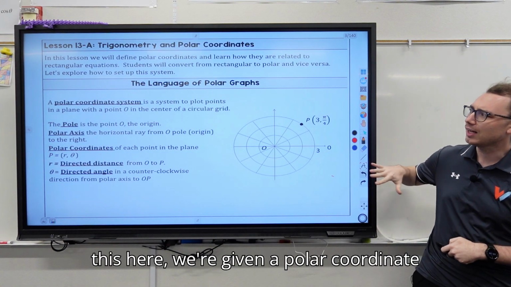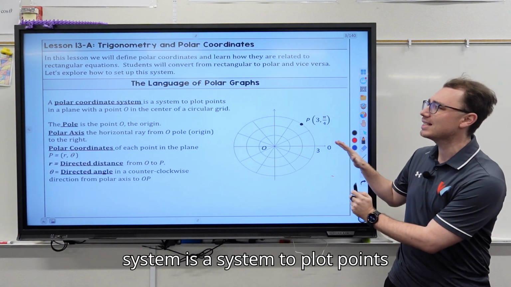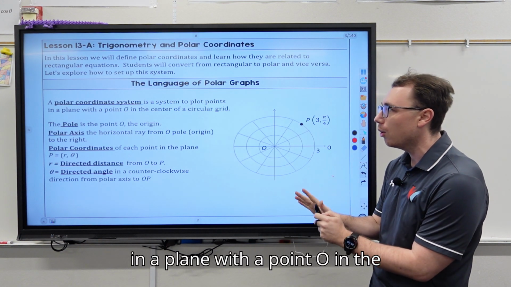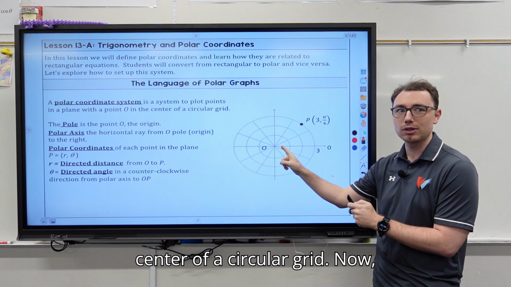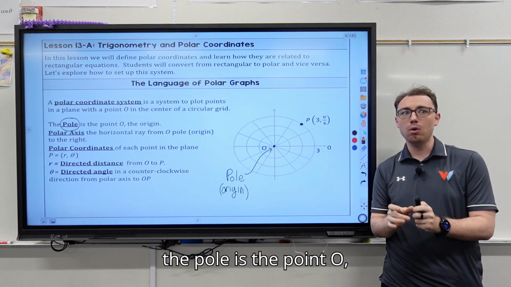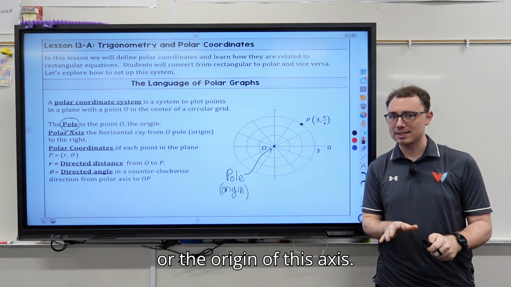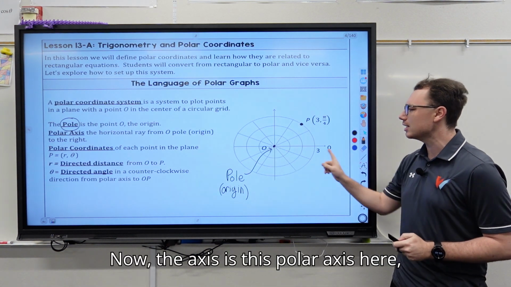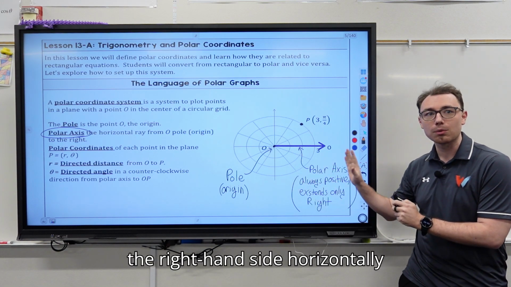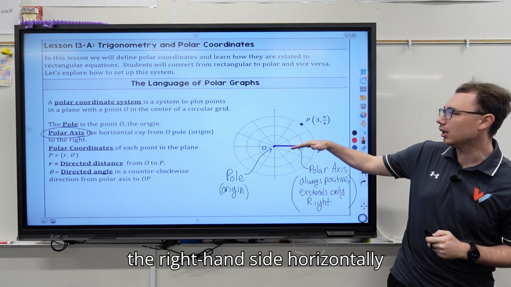Here we're given a polar coordinate system, which is a system to plot points in a plane with a point O in the center of a circular grid. Now, the pole is the point O, or the origin of this axis. The axis is this polar axis here, where it's always positive and extends to the right-hand side horizontally from